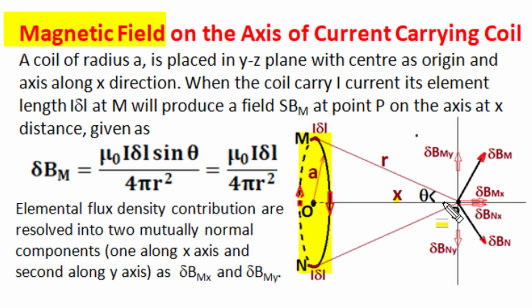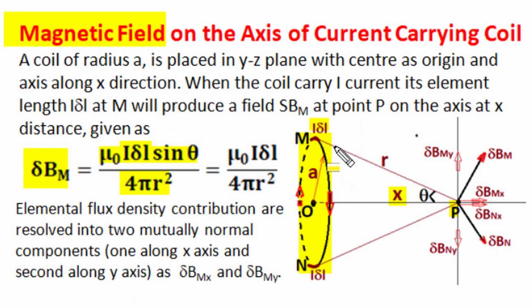Let we have an observation position P on axis at an axial distance x from center of coil. To find out resultant magnetic field contribution of this entire n-turn coil carrying I current, we'll take a small current elemental length at position M, and as per Biot-Savart, the elemental magnetic field flux density contribution at P by elemental current length at position M is given as mu 0 I delta L sin theta upon 4 pi r square,